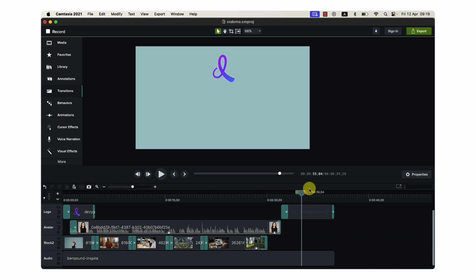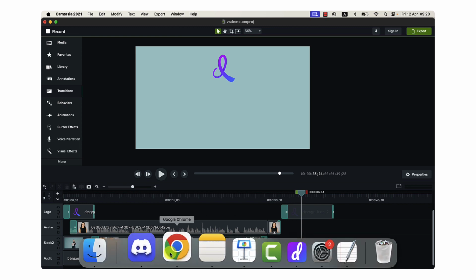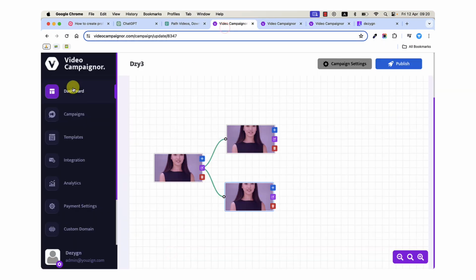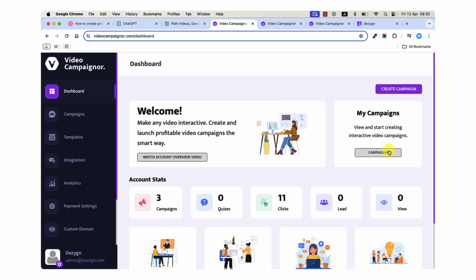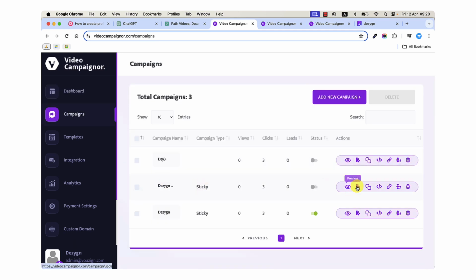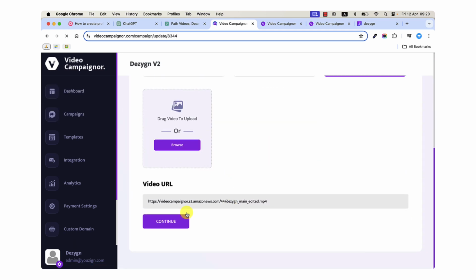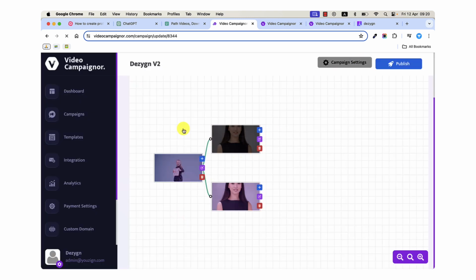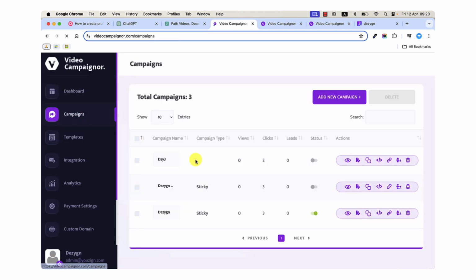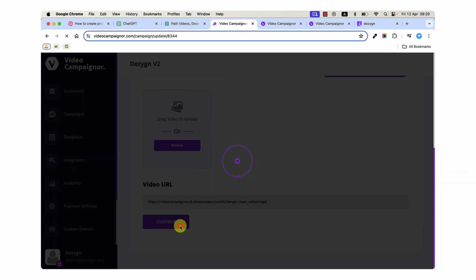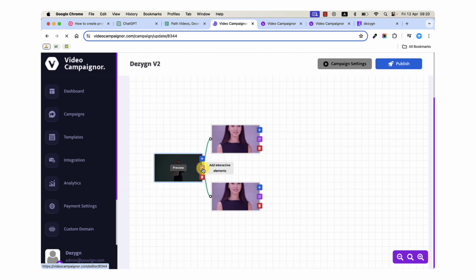All right, and so essentially I would take this video, upload it to Video Campaigner like we did earlier on, add the two buttons here, and that's about it. And I think I do have an example in Video Campaigner. Under my campaigns, I have it here, edit. I need to edit. So go to edit, continue. And if I go to the interactive element section,